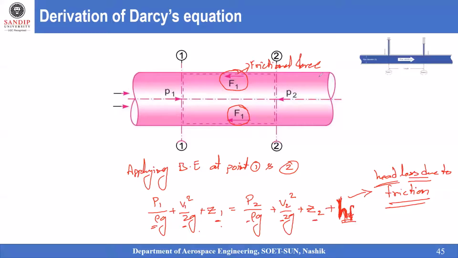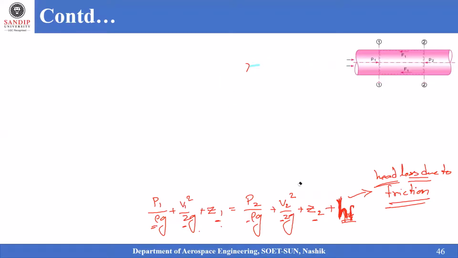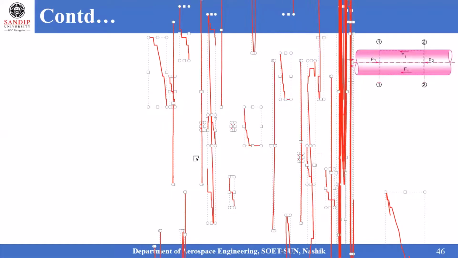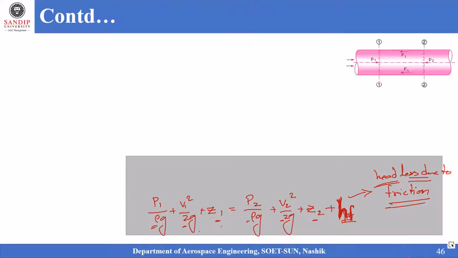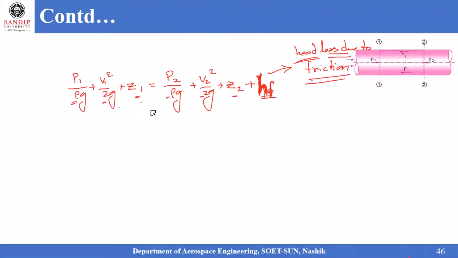So when we are talking about this equation, applying Bernoulli's equation at points 1 and 2, let us see how my expression is going to change when applying Bernoulli's equation inside that particular pipe flow. When applying Bernoulli's equation inside this pipe flow, what will my equation result in? So when I see this particular expression,